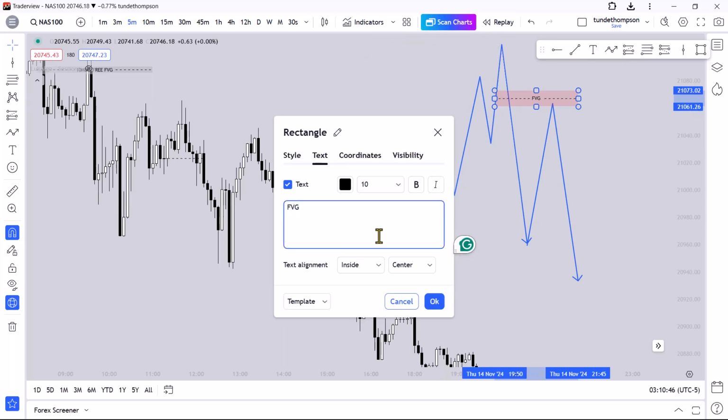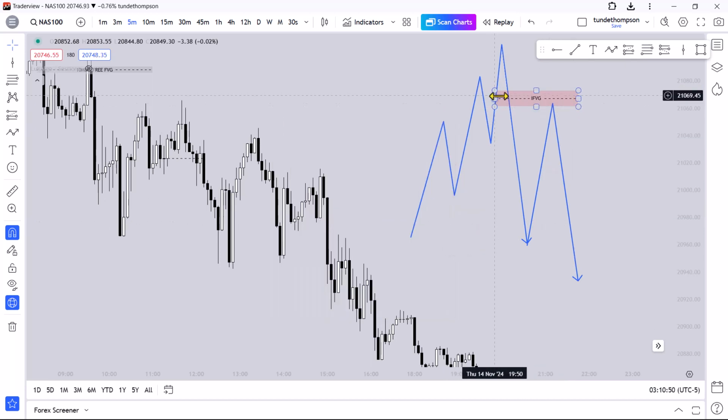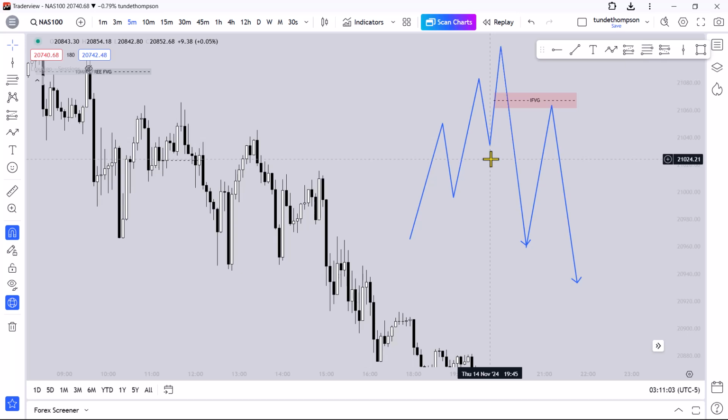So anytime you are labeling your chart, any fair value gap that is disrespected, always list it out so that it can come back and test it. Why didn't it test this breaker block? The reason why it might not test the breaker sometimes is the fact that maybe due to change in session,